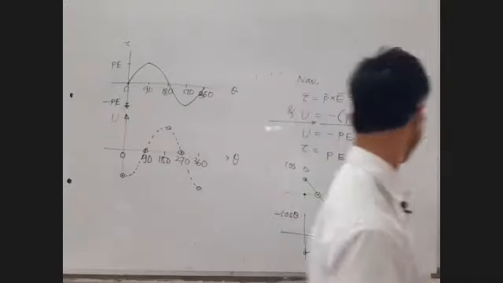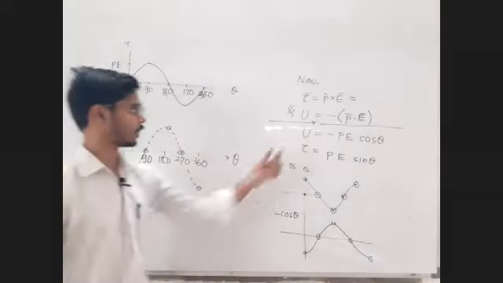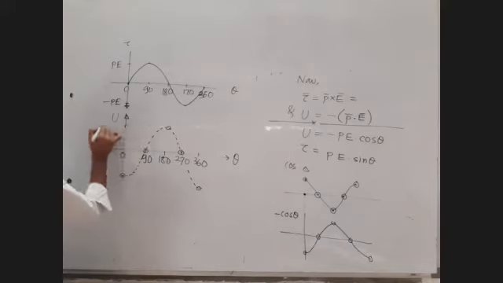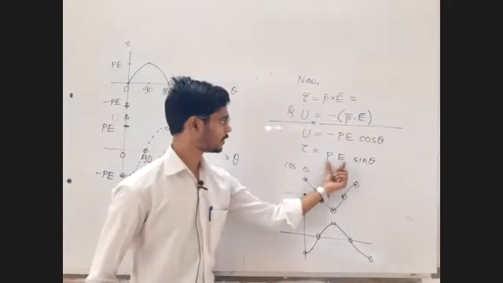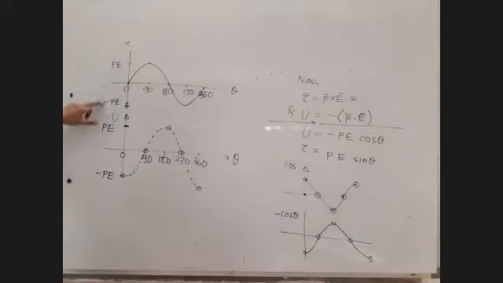For the given values of angle theta. Okay, now what is the coefficient for the potential energy? It's P. For the positive side, it will be plus P, and for the negative side, of course, it will be minus P. Torque has coefficient P. Potential energy has coefficient P. So P, plus P, minus P. Here also plus P, minus P.